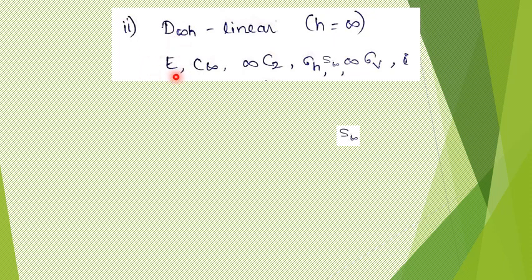So what are the operations possible? E is possible. If it is infinity here, definitely the C infinity axis should be possible. And if it is a D, we already know the meaning of D. It means that it shows an infinite number of C2 axes which are perpendicular to the original principal axis. So if the C infinity axis is taken as the principal axis, an infinite number of perpendicular C2s should exist, and they do exist in this case. And along with that, the h indicates that this molecule has sigma h. So it's essentially like D and h, but now the n value can be any value, and therefore it will be written as D infinity h. And there are an infinite number of sigma v, and of course in this case the inversion center will also come.